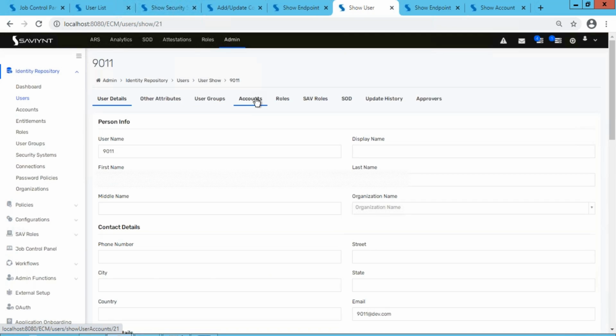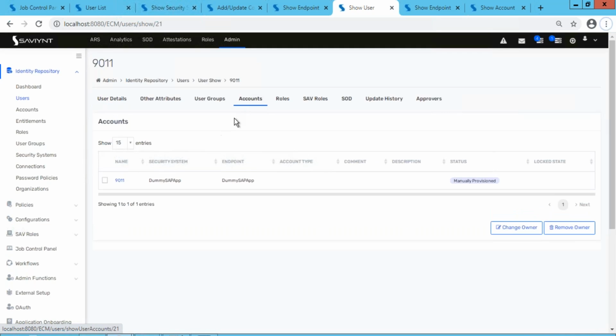Yes, and that will help that particular account to be visible under this account tab. Got it. Okay. Suppose you are having